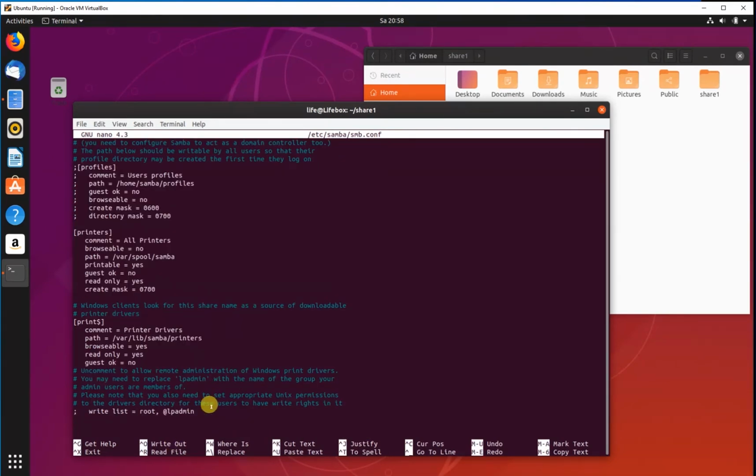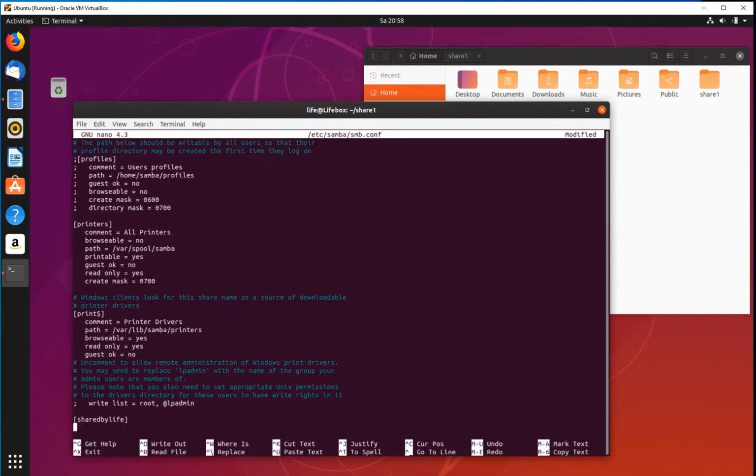We go to the end of this file and we write there the name of the shared folder, for example, shared by me, or shared by live. We write the path for this folder, which is share one,